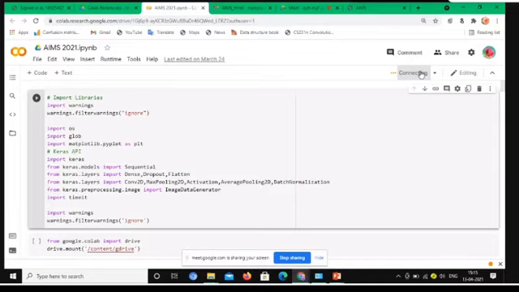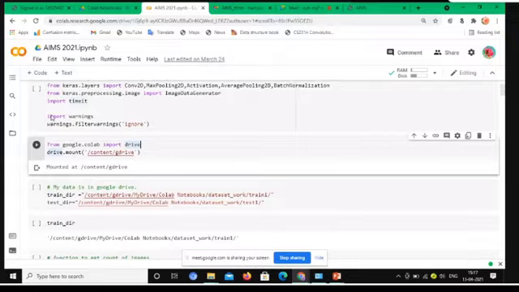Here we use from keras.models import Sequential, based on which we create a CNN model. Then Conv2D, MaxPooling, Activation function, AveragePooling and BatchNormalization. Once we have implemented the library code, next we have to import our dataset into our code.